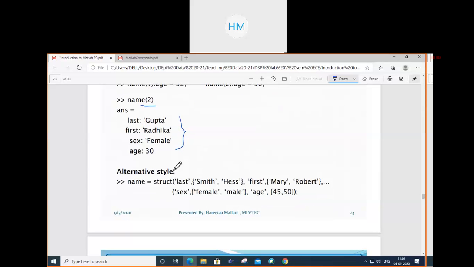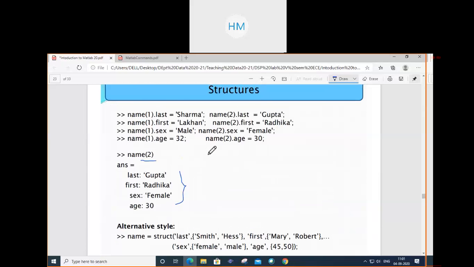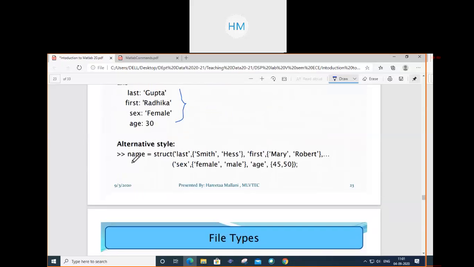Alternative style. The first style is defining all these things individually. The second style is the struct function. Directly I am using the struct function in which I can put all the details, but you have to remember the syntax. See, it's not easy to remember the syntax. If you just forgot the syntax, then no problem. Just